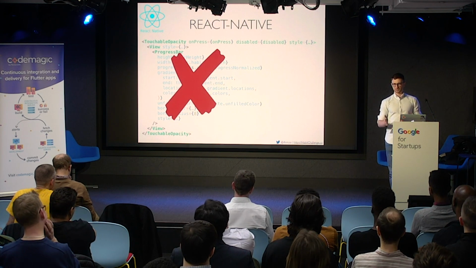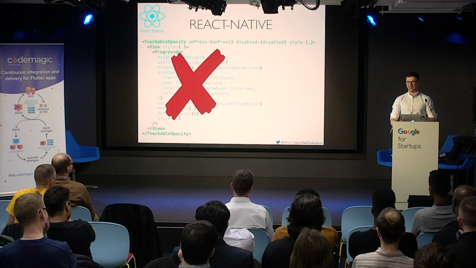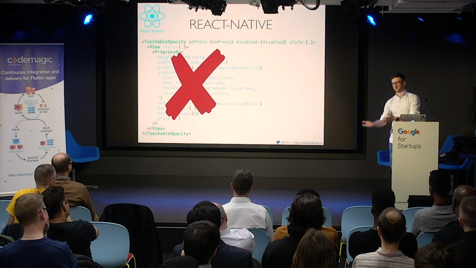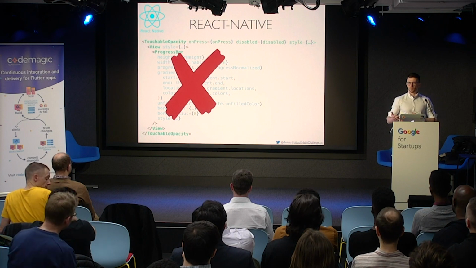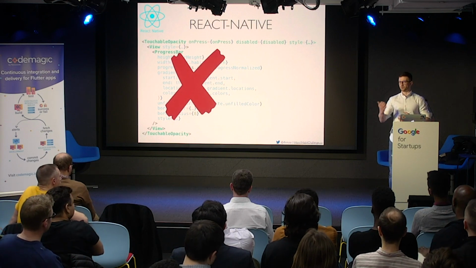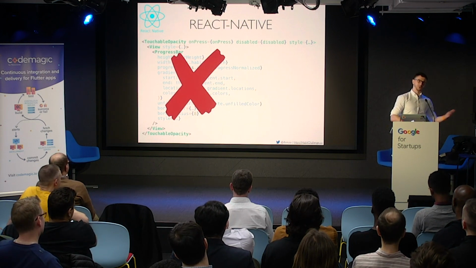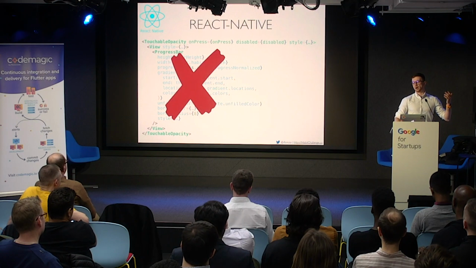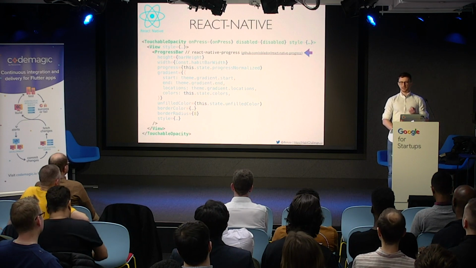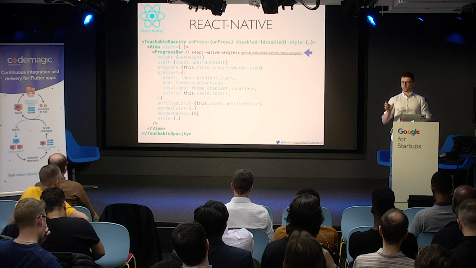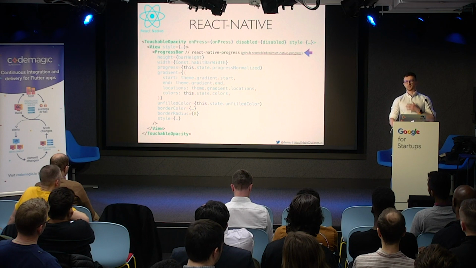The way React Native works, it binds to native widgets. There is no progress bar in React Native. Coming from Flutter, you may think that there is a widget for everything. No. But what you are doing, when there is a component that you would like to use, you don't want to implement it from scratch at the beginning. First of all, you are going to look for some already pre-built dependencies. There is an awesome library called React Native Progress, and apart from the progress bar, it also has pie charts. It has nice animations. It's implemented in a very performant way,